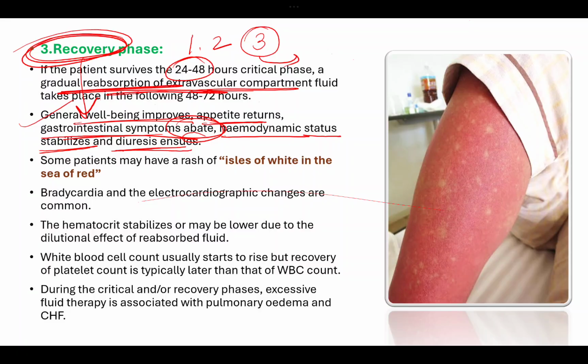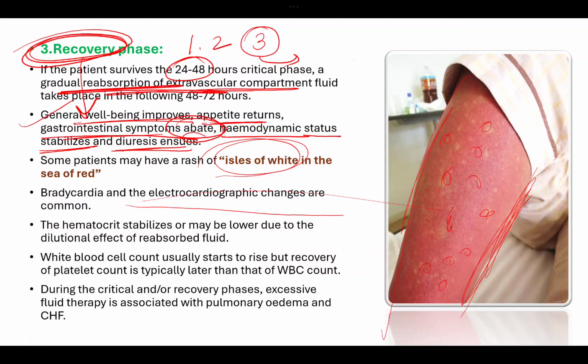Some patients may also have rash of isles of white in the sea of red. Some may experience generalized pruritus, the overall body there will be itching, and others will have these rashes, and the isles of white is seen in the sea of red. You can see the skin is referred to as sea of red, and the white rashes, white spots are the isles of white. The bradycardia and electrocardiographic changes are very common, and the hematocrit will stabilize or it can be